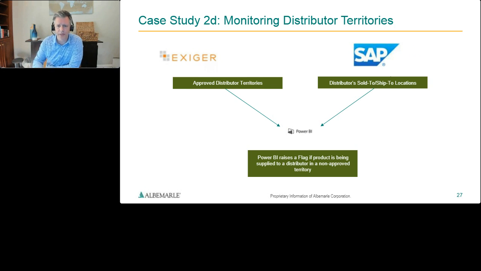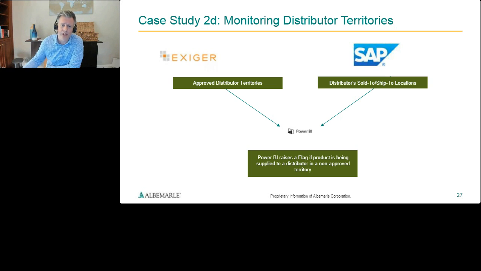One other example in relation to distributors. Again, two different sources of information. In Exeger, we have a list, for any particular distributor, of the countries in which a distributor is active. Over on the right-hand side, we have the information in our SAP system of where a distributor is sold to or shipped to. We bring that information together, and if there is an attempt to sell product to a distributor